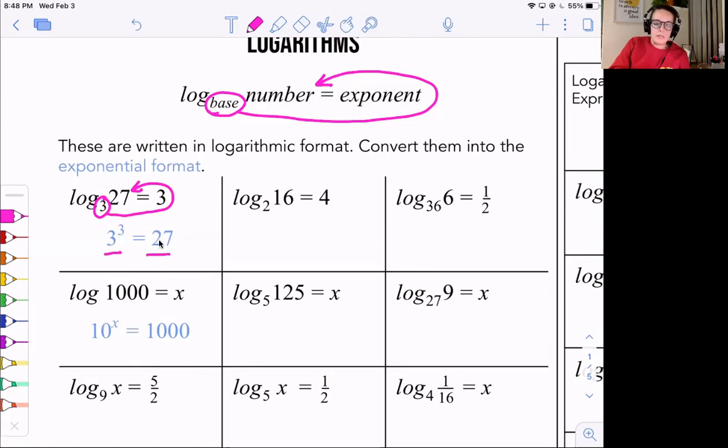What's written in blue here is the exponential format and the logarithmic format is in black. So we could say, okay, 2 to the power of 4 gives me 16. So I'd write 2 to the power of 4 gives me 16. You could do this another way. So some mathematicians do this a separate way. They know that